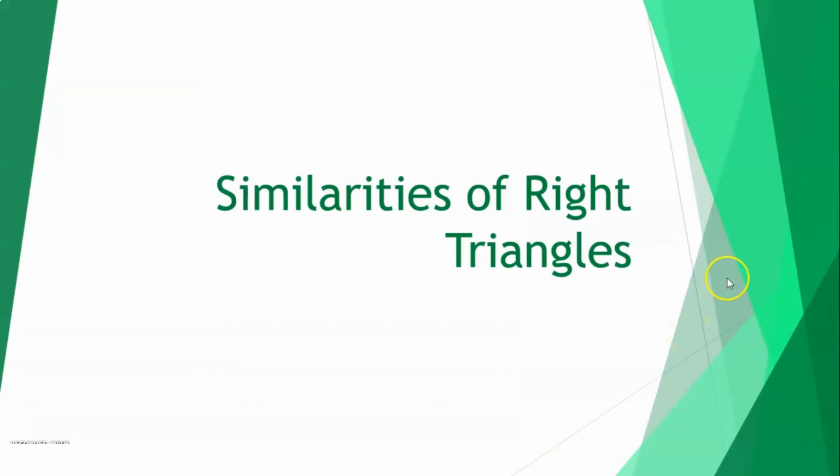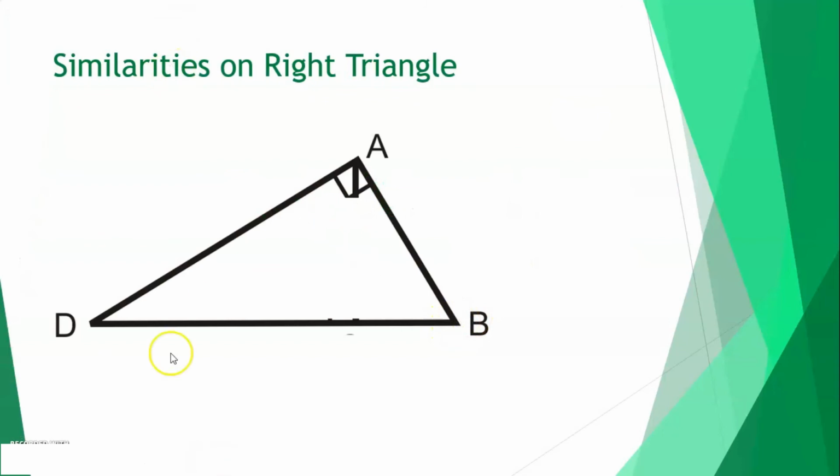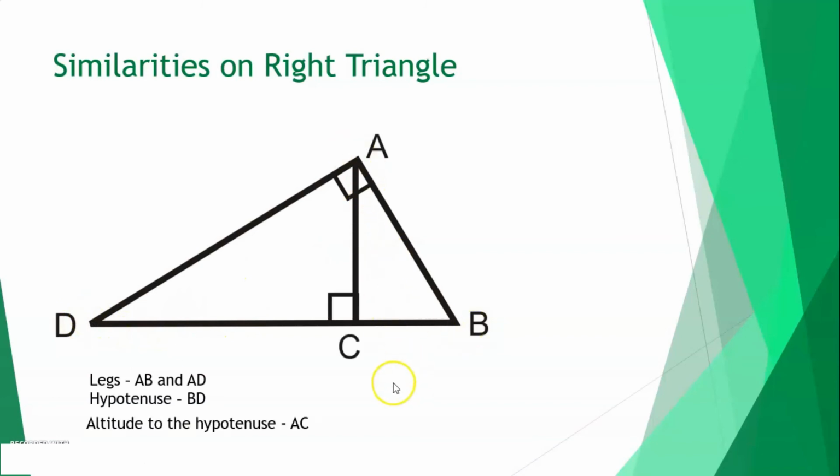Okay, now let's look at the similarities of right triangles. Given this right triangle ADB, the legs are AB and AD. The hypotenuse is BD, and AC here is considered the altitude to the hypotenuse. With this, we can identify three right triangles, and actually they are